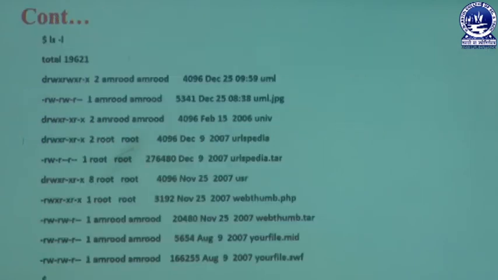Let us discuss the next concept, how to use the ls command. First, at the Unix prompt, we write ls -l and press enter.